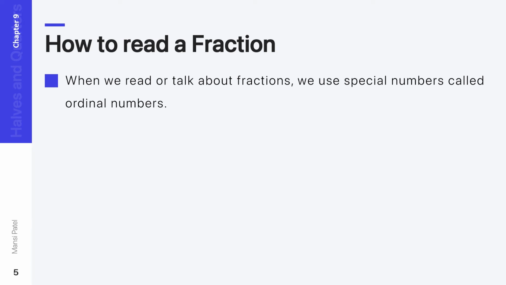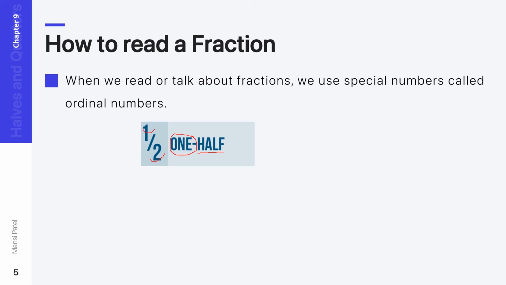If you don't know what an ordinal number is, then from number 4 onwards you write down the spelling of 4 and then you put th. It becomes the ordinal number. So see here, if we write 1 upon 2, then it is known as 1 half. So this 2 represents half and this 1 represents 1.